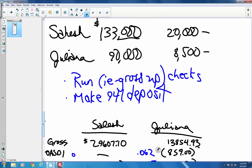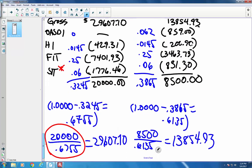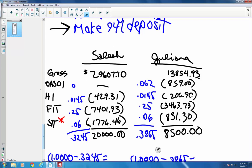So then the second thing I asked you to do: we just ran the checks, and now we need to make the 941 deposit. If I had Excel set up, I've got my neat little total column, and I pull it down with the auto sum. It's going to sum up my OASDI and my HI and my FIT and my SIT, which I don't care about for a 941, because it's a federal form. So I'm going to double whatever's over here for OASDI, double whatever's over here for HI,